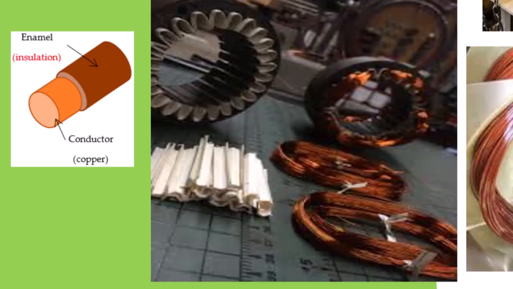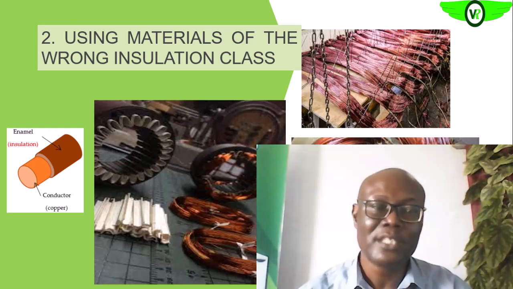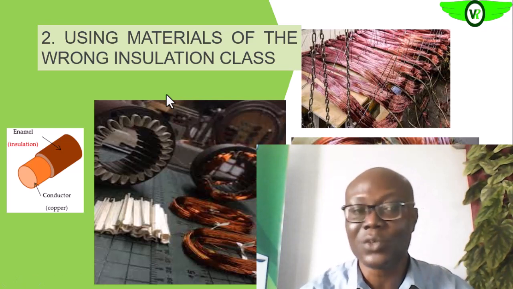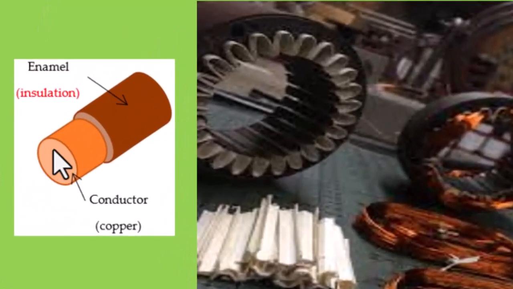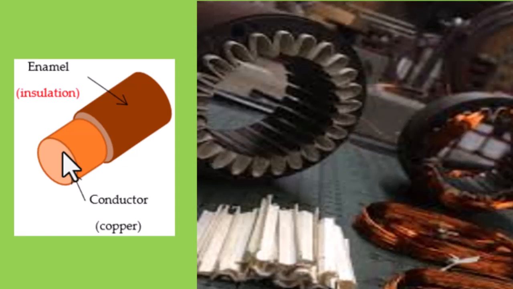So another common mistake that is done in the repair shop is the use of the wrong material, that is, the use of materials of the wrong insulation class. Actually, three factors are considered when classifying these conductors. The first, like we said earlier, is the conductor size, as you can see here on your screen, and that conductor size determines the current carrying capacity of that